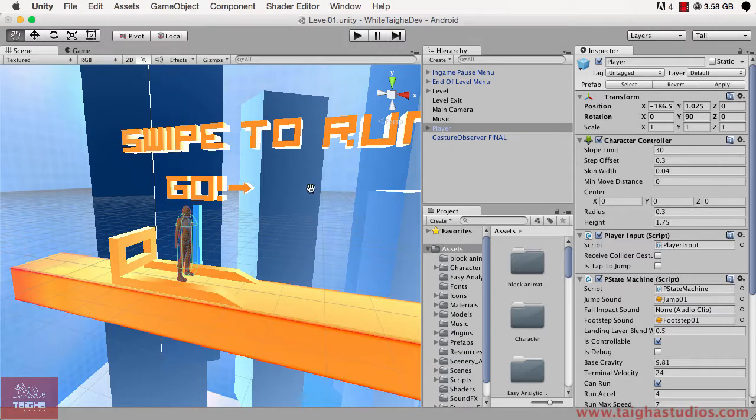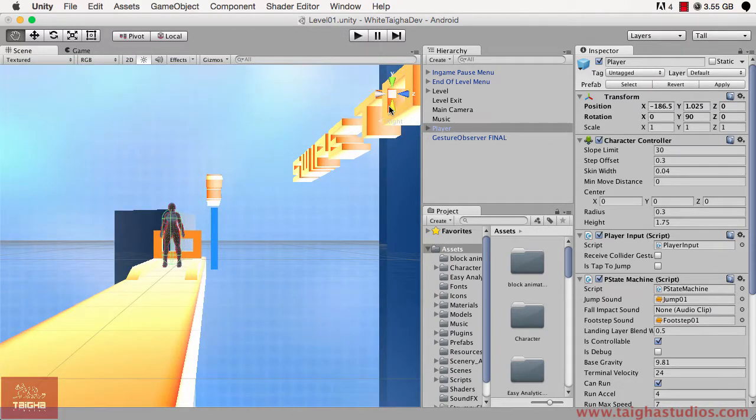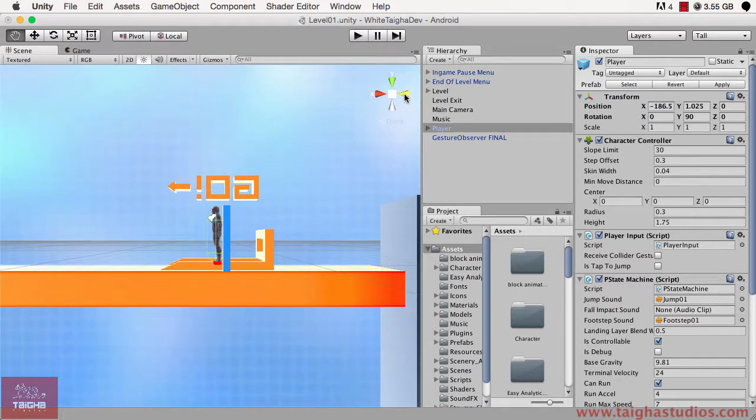Still on the topic of navigating around the scene view, I just want to have a look at the scene view gizmo up the top right-hand corner here. It's got a number of axes to it. You can see we've got X, Y, and Z, which basically will be depth. If I go and click on one of these, you'll see what happens. It actually changes my view so that it runs along that particular axis. So if I now click on the Z, so we're looking down the X-axis at the moment. If I click on the Z, we'll be looking down the Z-axis